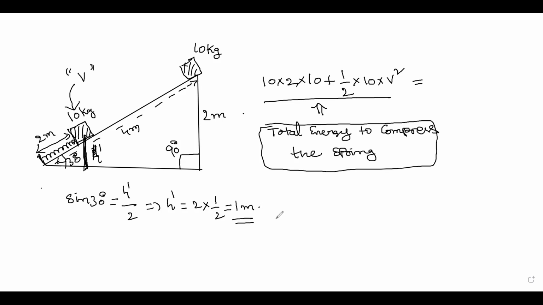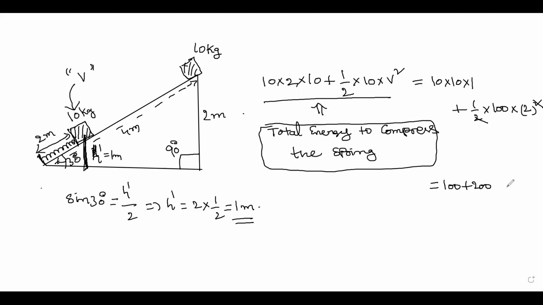I hope this part is clear. 1 meter. H dash is about 1 meter. We got 1 meter, right? Yes, sir. Now we can calculate. So this one is the potential energy of the mass, that is 10 into 1 meter, plus the potential energy of the spring. Potential energy of the spring is half kx square. So half into k is 100 into x square is 2 whole square. So just calculate. So this is what, 200 plus 100. So you have 100 plus 200.